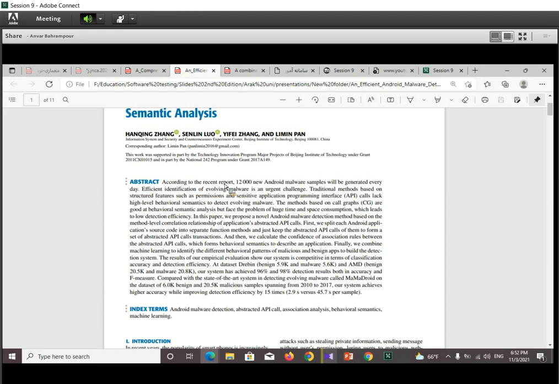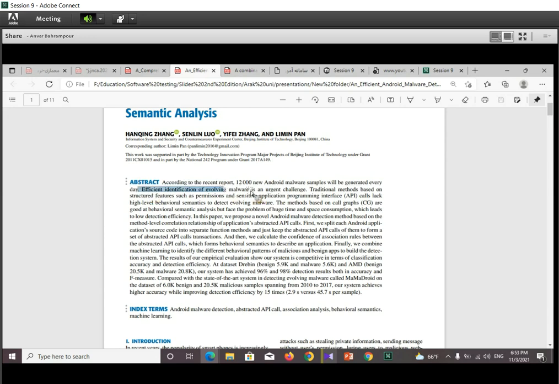The abstract says that according to a report, 12,000 new Android malware samples will be generated every day. It's illustrative enough, and there is no need for more explanation. Efficient identification of evolving malware is an urgent challenge.